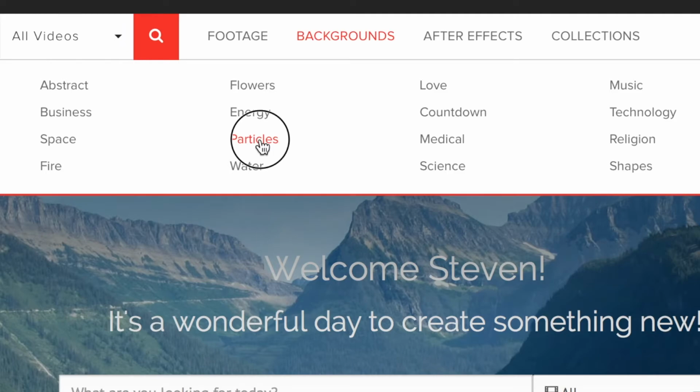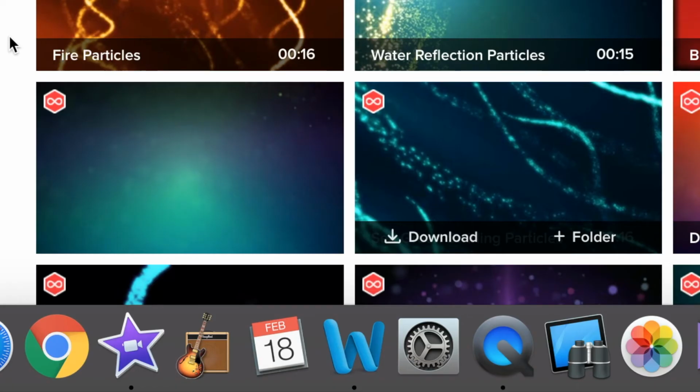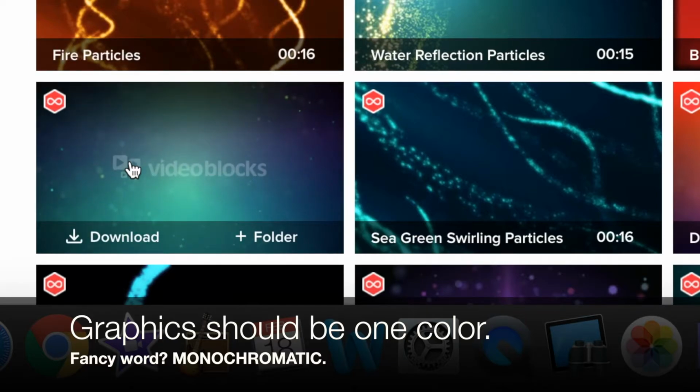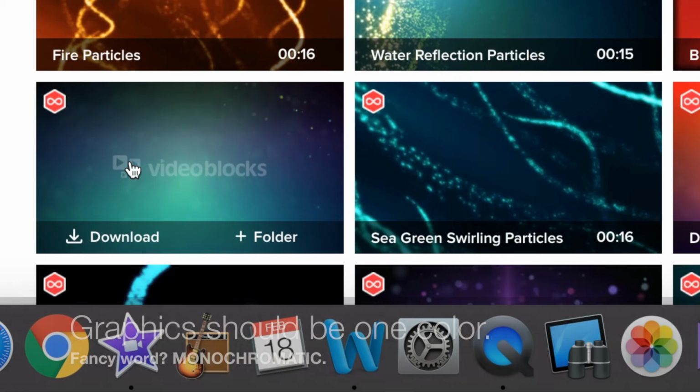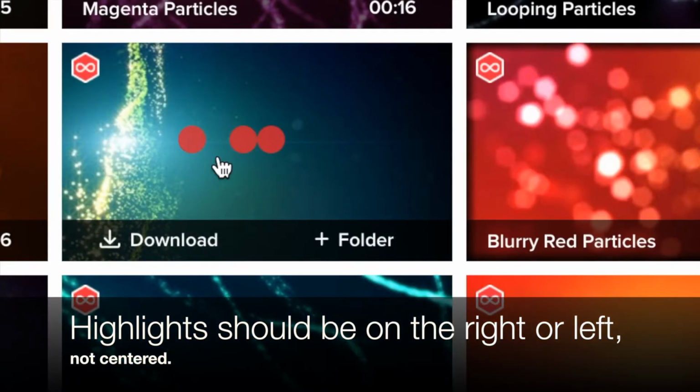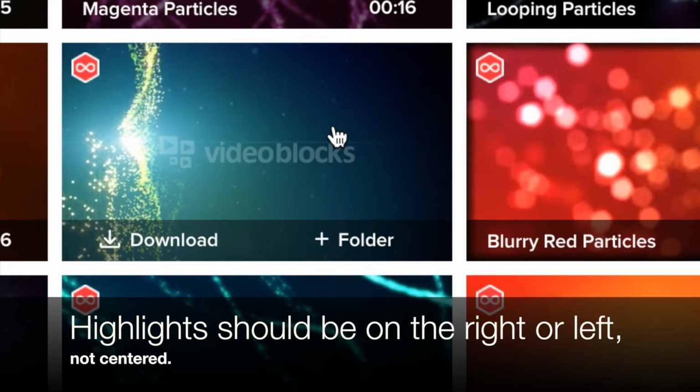Particles is always kind of fun because it's like weird floaty stuff. We're looking for graphics that are close to one color. Do you see how this one is kind of bluish green all over? That's good. Or we're looking for things that have the big differences in color on one side or the other,